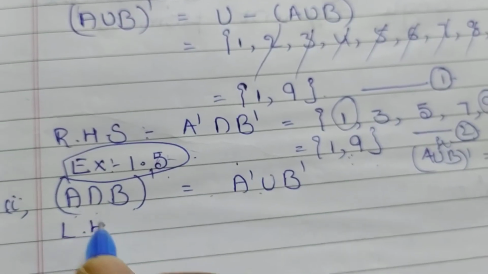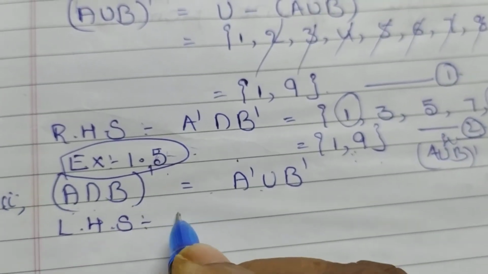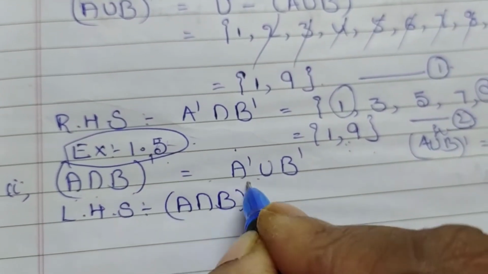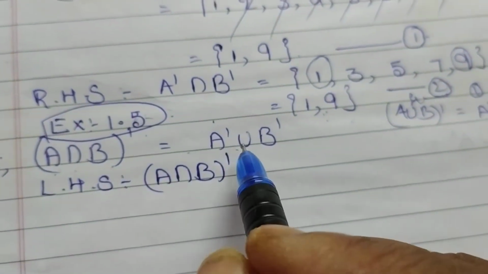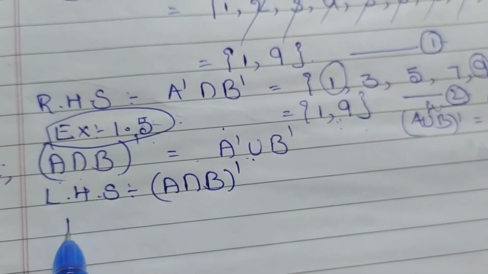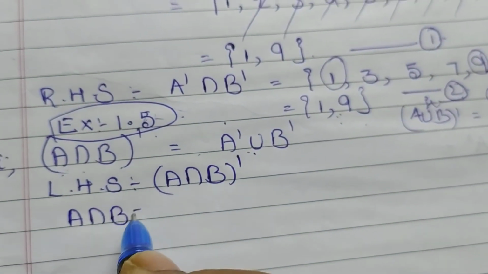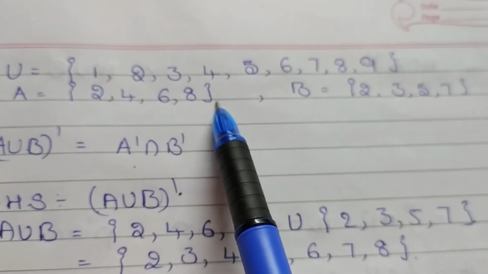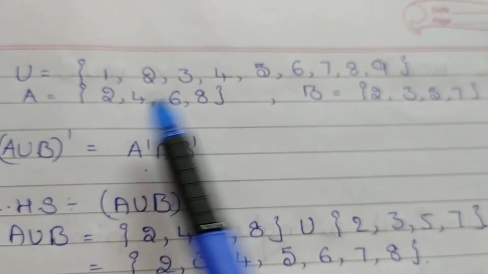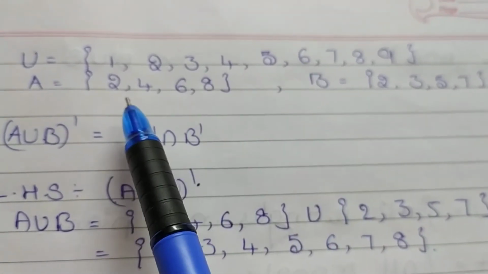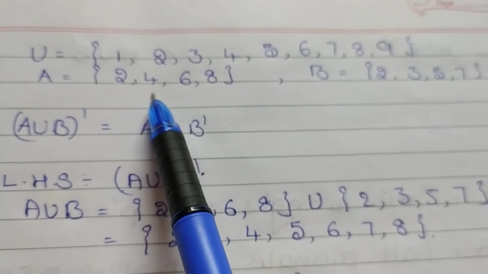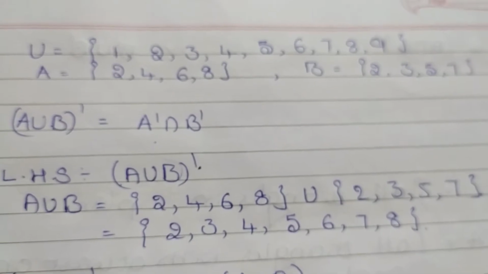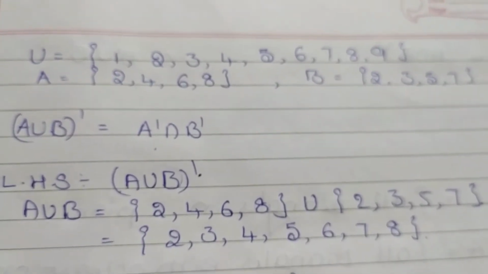So what we should do, we will take the LHS and RHS separately and prove that both the sets contain the same number of elements. So I considered (A intersection B) whole complement. First I will find out what is A intersection B. A is 2, 4, 6, 8 and B is this. So which are common in both. First we will substitute the sets whatever they had given, and then write which are common in both the sets. That is 2. Only 2 is that element which you will be getting.